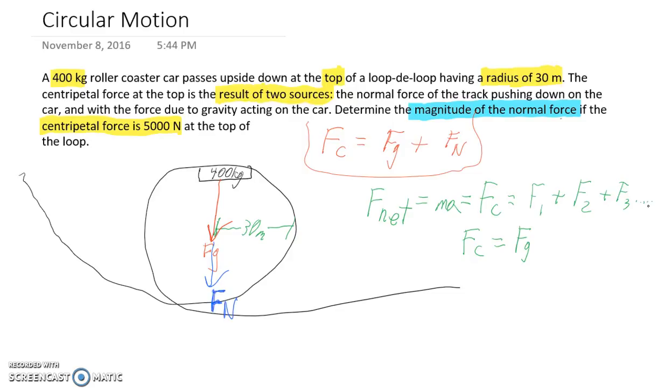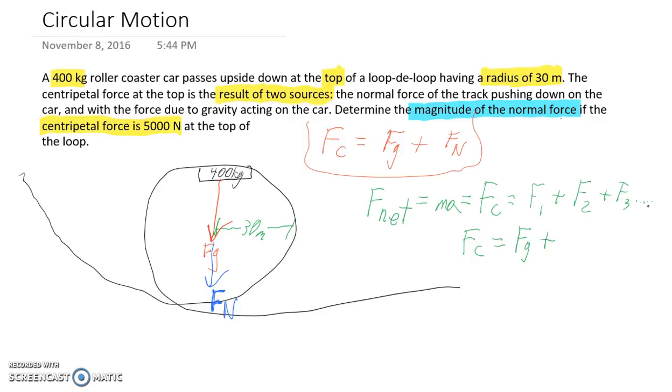If they're both down, they both add tip to tail. There's the tail of the red one at the top right by the mass, and then the tip, and then it's added to the tail of the blue one. So Fc equals Fg plus